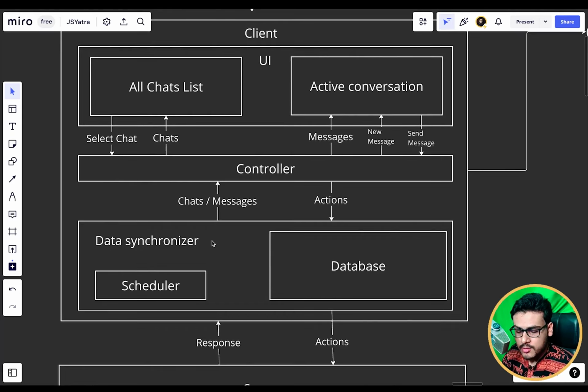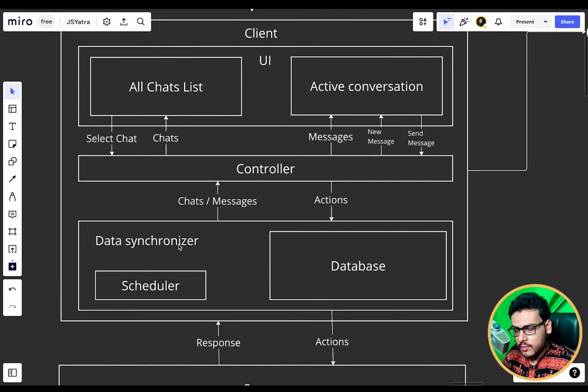It is also responsible for the real-time behavior, the real-time sending and incoming of messages. It also has a certain part where it has to access the database and run some task. I'll not go into the data synchronizer in depth right now because it requires a lot of explanation, so I'll come back to this part later in this video.